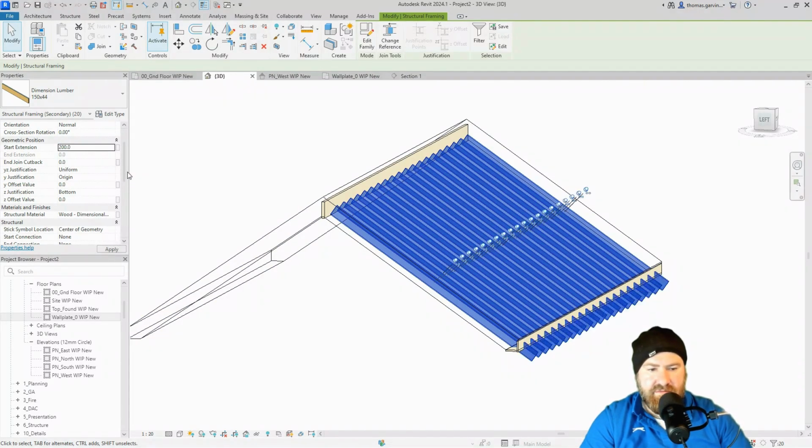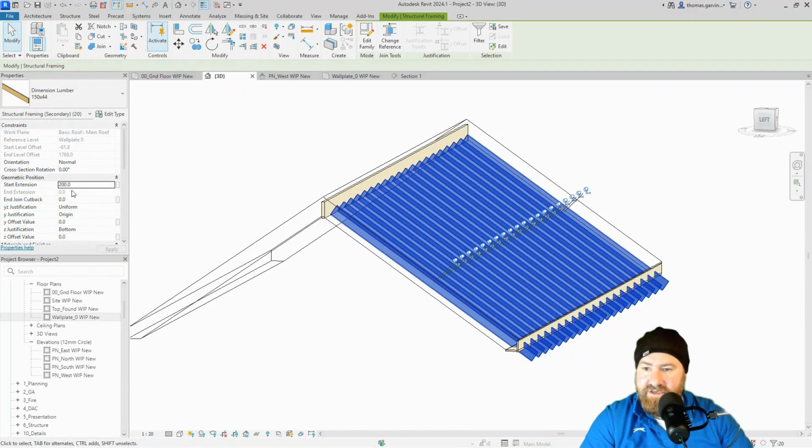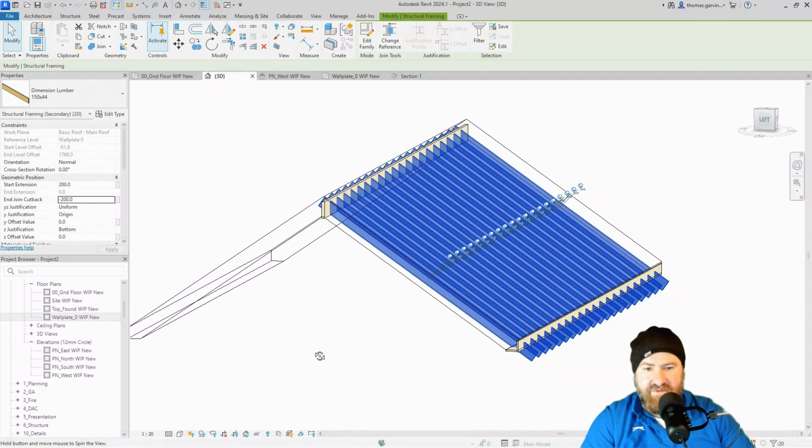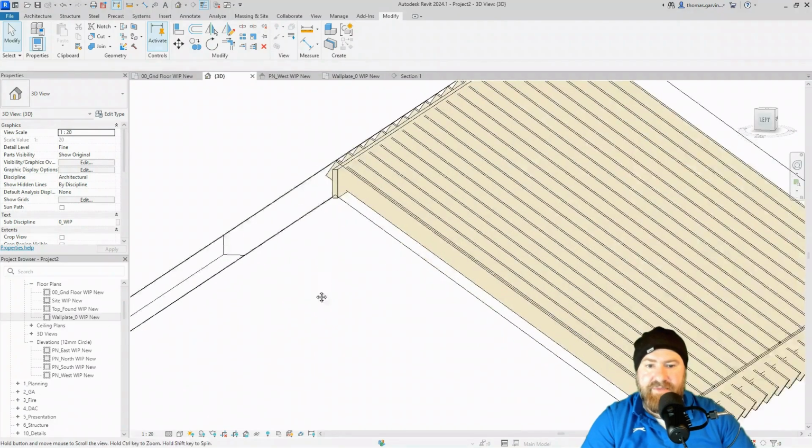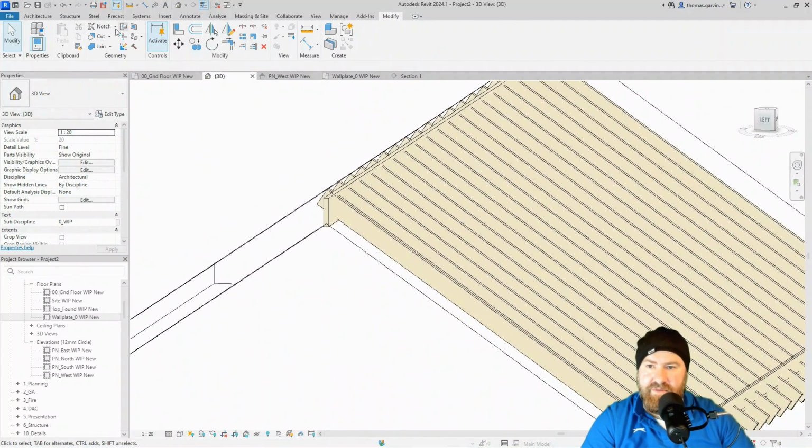Apply. Perfect. Now the end extension is not selectable at the moment, so I'm going to use end join cutback, which is the top, and that's going to have to be a minus value. Let's say minus 200. Okay. Apply. And that's enough to bring me through both boards and get a notch. Perfect. Okay. Escape. If I go into my modify tab now and find the notch tool, okay, button right there in the ribbon,